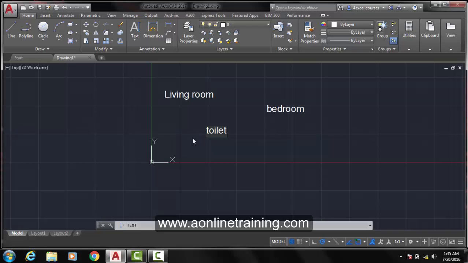While you are within the text command, you can hold the Alt key down and click on any one of the text and start editing the text. Hold the Alt key down and double click on the text in order to edit the text.